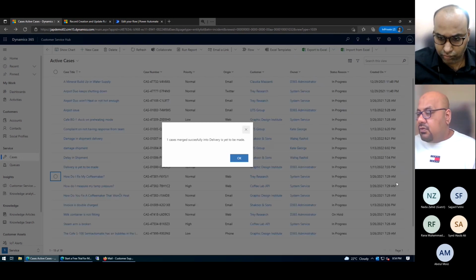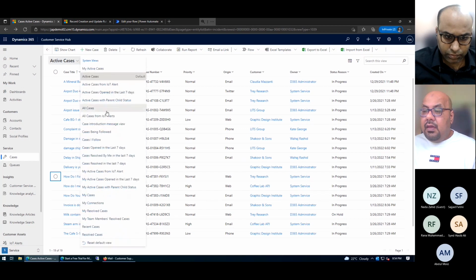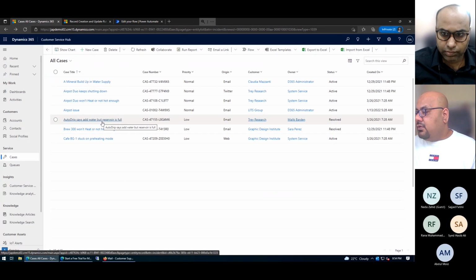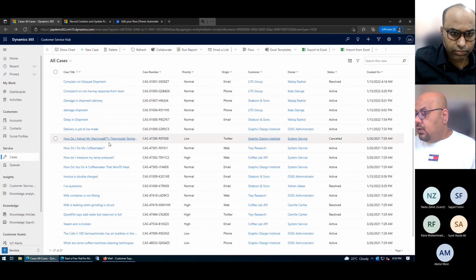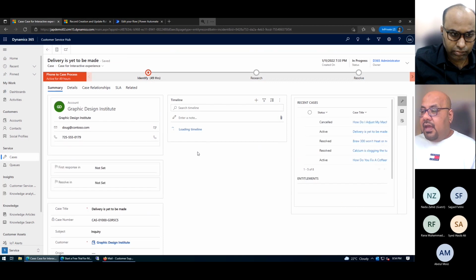So if I'm just going to open again all cases, and from here you can see all of the statuses, whatever is coming up here. So you can see here, you can see this one is automatically cancelled and this one remains active here. So if I'm just going to open it here, the primary case, which is the active case, and from here